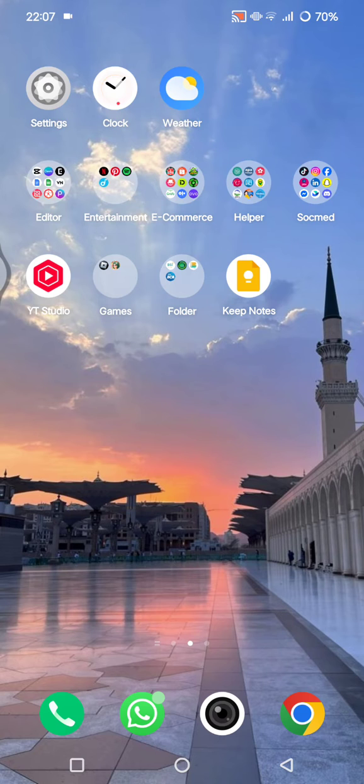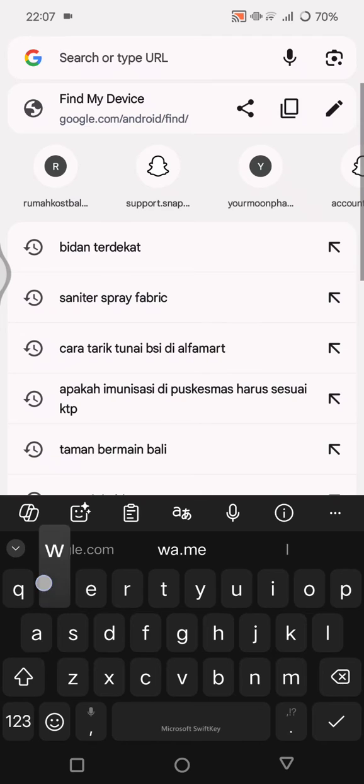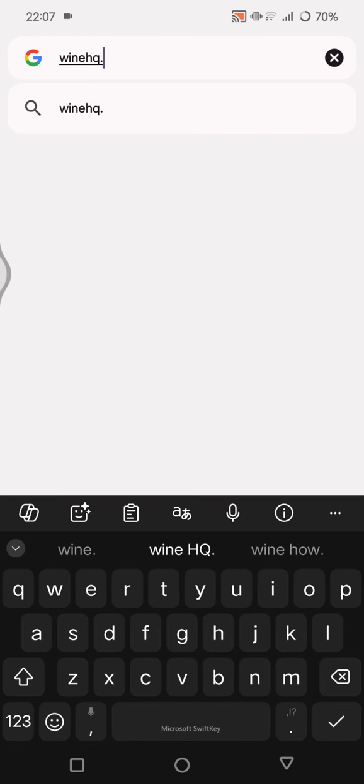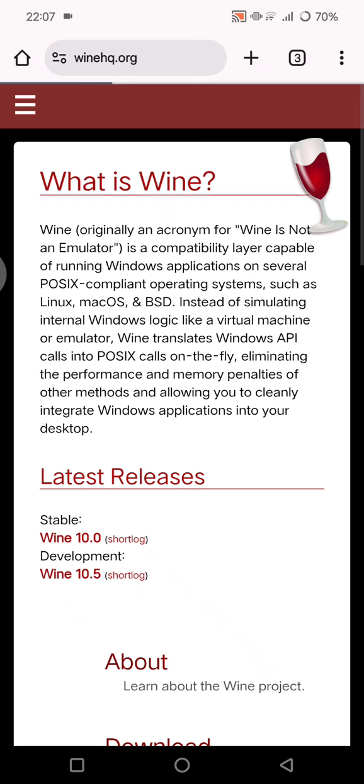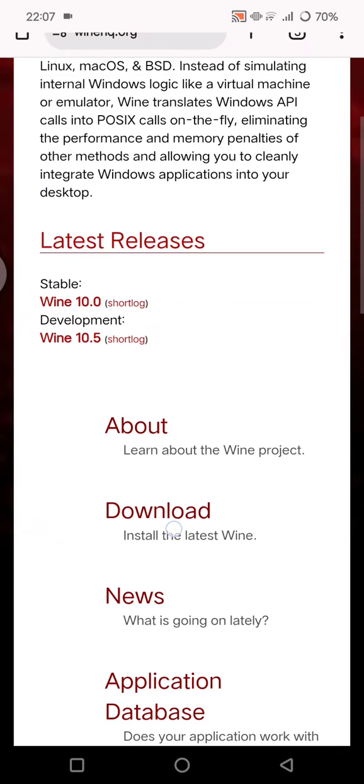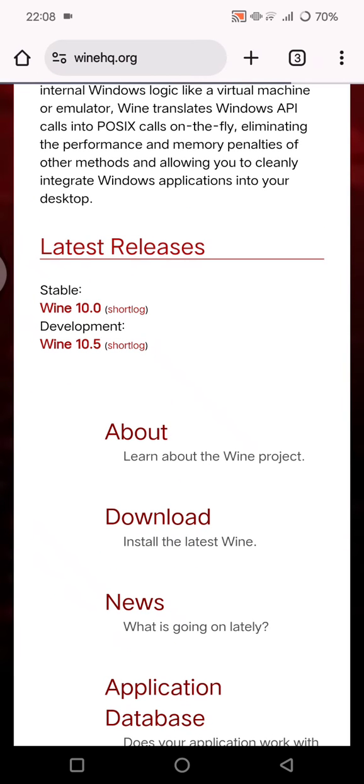You can download the Windows emulator called Wine APK from the official site winehq.org. You can just go to that page, this one. So you can just install the APK file on your Android device, but you need to first allow unknown source in settings, this one. You can just choose the download in here, and after you install, you can just open